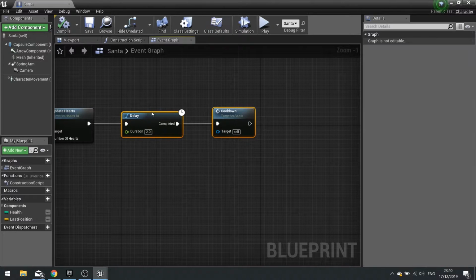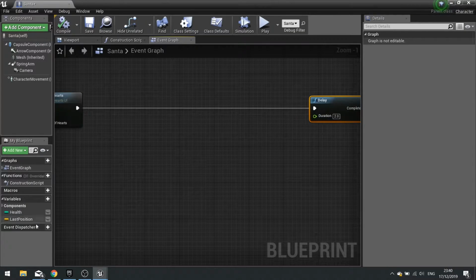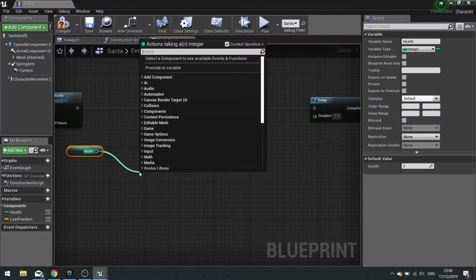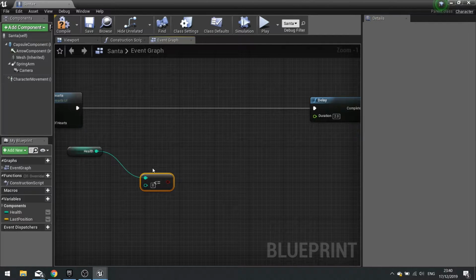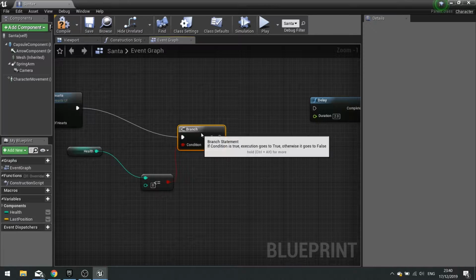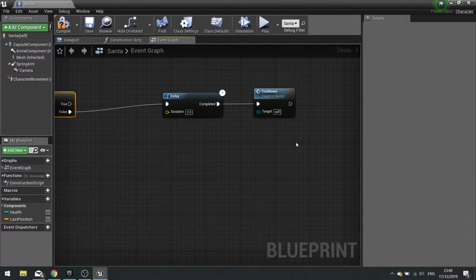So before the cooldown happens, we're going to check how much health he has. So get health out. And we'll check if that is less than or equal to 0. If it is less than or equal to 0, so true, false can go to the rest of it.